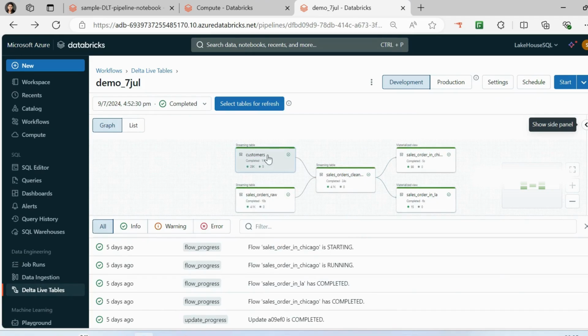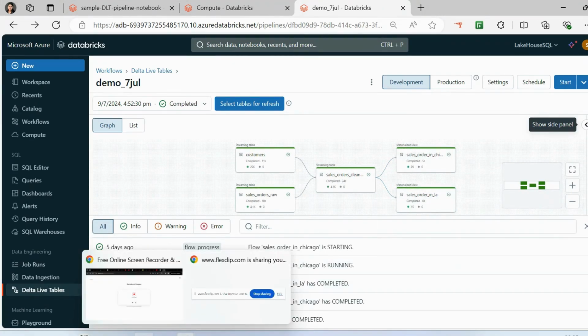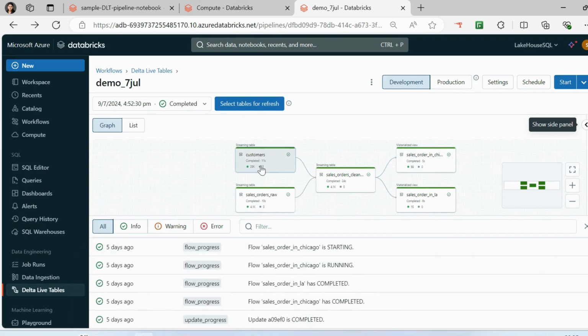In this pipeline, you will have the first table called customer, the second table called sales order, and the third is the clean data, which is our silver layer. Then we have the materialized view on top of that clean data with some aggregations. The first layer that you see here, customer and sales order raw, is my bronze layer. Then we have the streaming order, which is my silver layer, and then we have the gold layer in which we have the data. Now let's see how you can create this customer table and this sales order raw. Then we will see what kind of cleaning we are doing, and the materialized view.